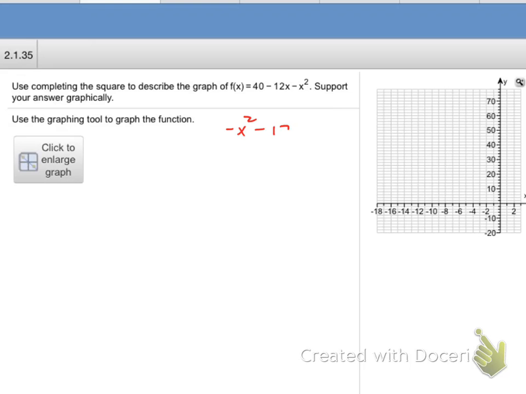Yeah, the graphing tool is a little hairy. It's kind of useful, but like any tool, you have to know how to use it. So for this particular problem, I turned the function around because I'm going to choose completing